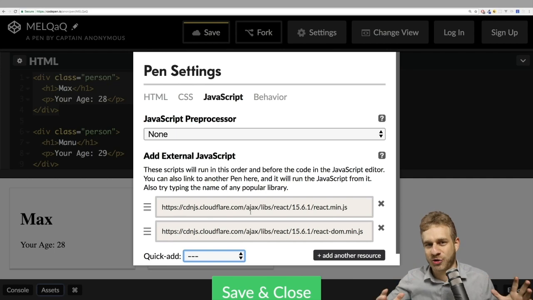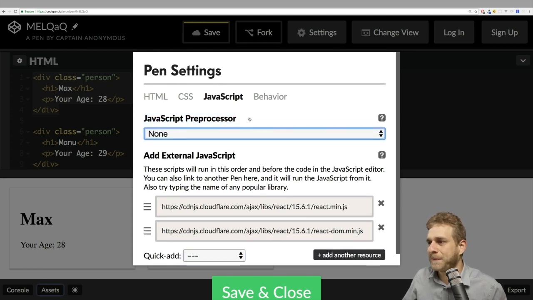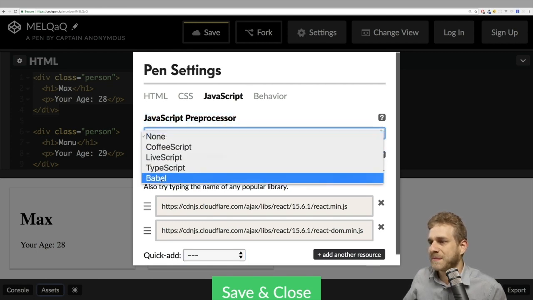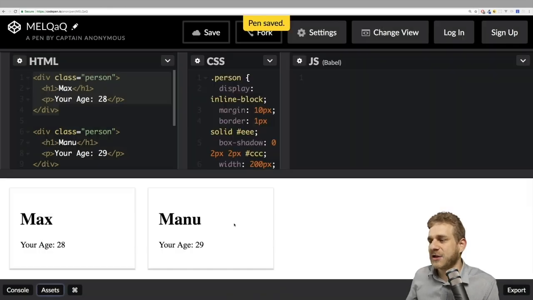I'll have a whole module where I introduce you to the most important next-gen features React uses. So to unlock the usage of these features and this special syntax, in the JavaScript preprocessor dropdown, you have to choose Babel. That simply is a tool which compiles the next generation JavaScript code you're writing here to code that runs fine in the browser, so that we write code with all features we want, but ship code that works in the browser. And with that, you can click Save and Close, and now we can start writing our React